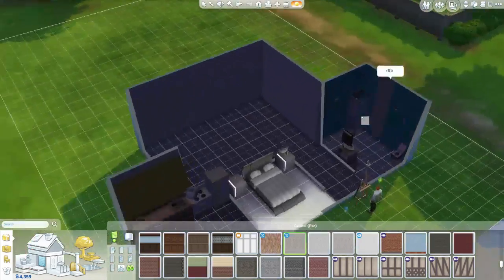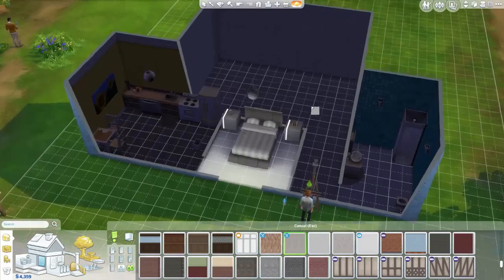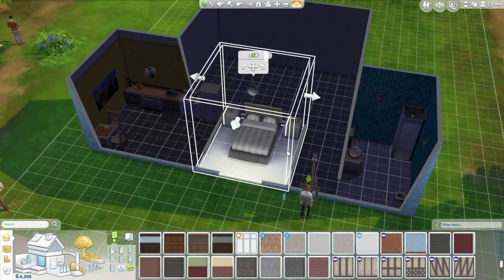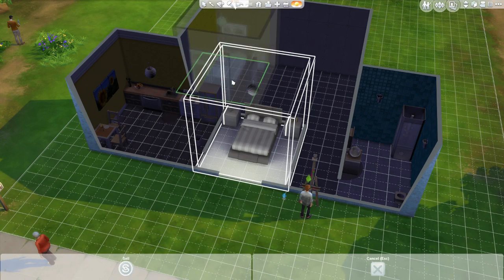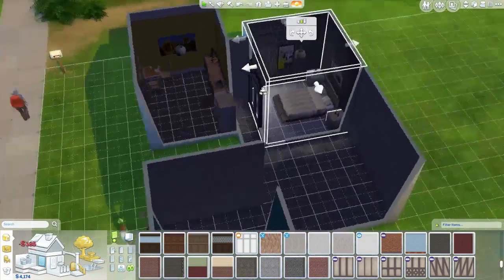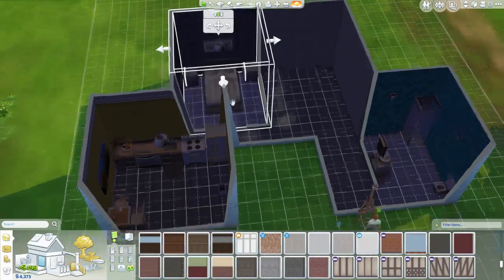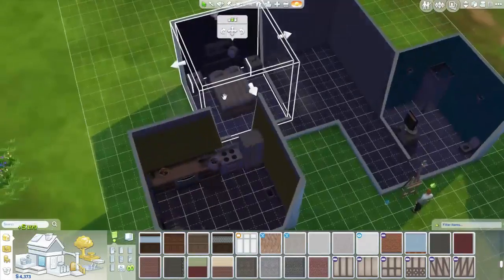We gotta start doing windows because we actually have kind of a house going on right now. Actually, you know what we could do? We could probably move the bedroom back here. Okay. We could have that back here. Let's try to actually put it right here in line with that. Okay, and then we could